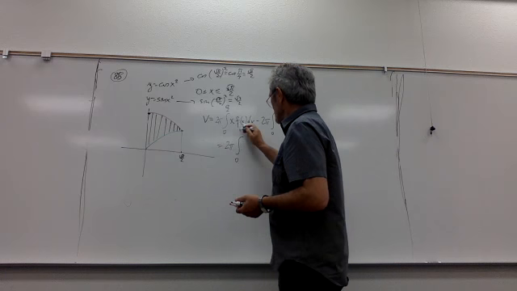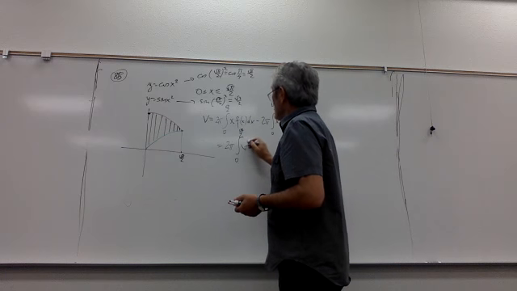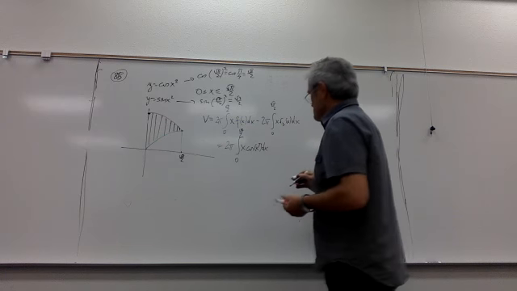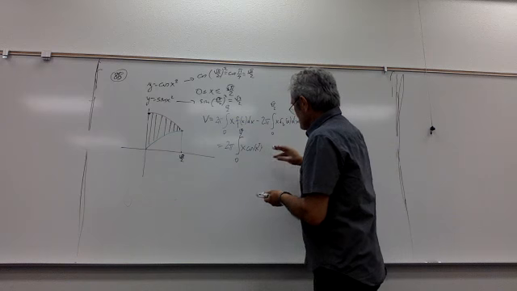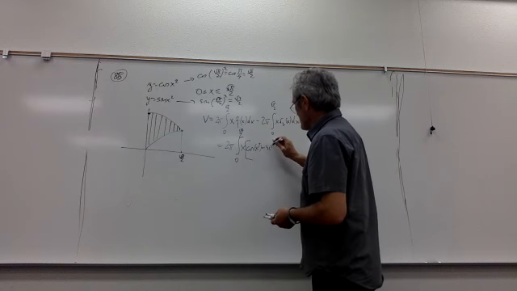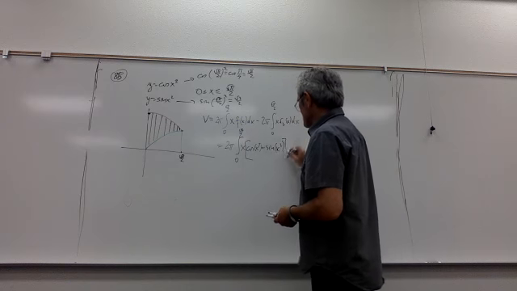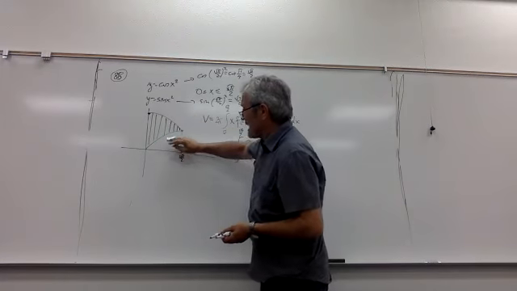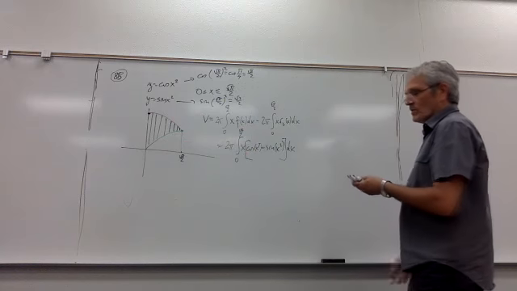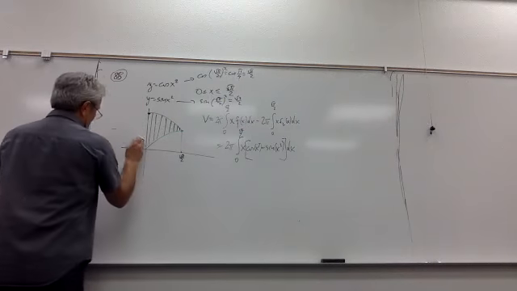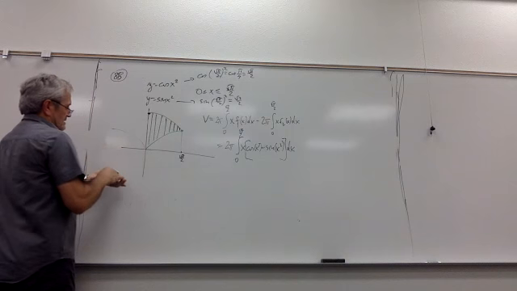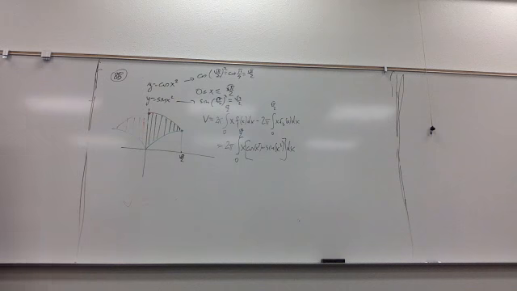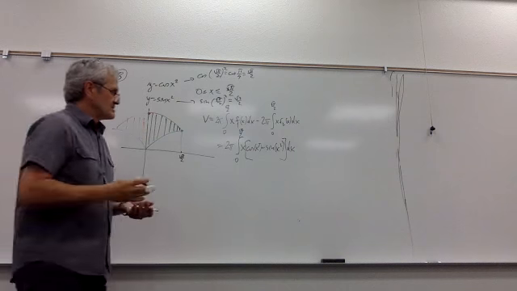Integral from 0 to root pi over 2, x cosine x squared dx. Oh, why don't I get them together? It's easier. Cosine x squared minus sine x squared. Cosine is above sine, so cosine is building the mass, and sine is bringing the hole. When you rotate it, you'll get something like this, and this will be your mass. So red is making the mass, green is bringing the hole.